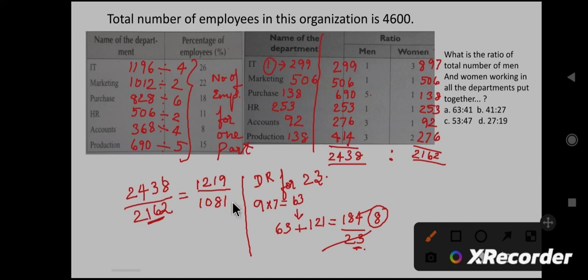And that 115 would be divisible by 23. That is, 23 times 5, you will get 115. So in that way we can check whether some number is divisible by 23 or not. Now we know that both these numbers are divisible by 23. So if we divide it by 23, we will get